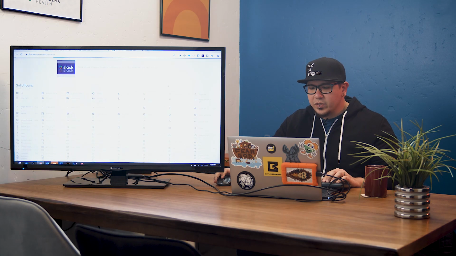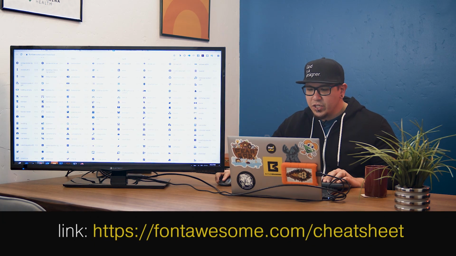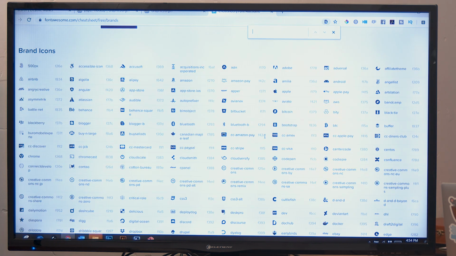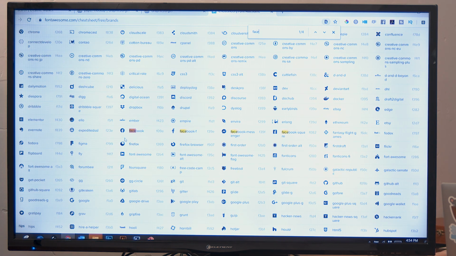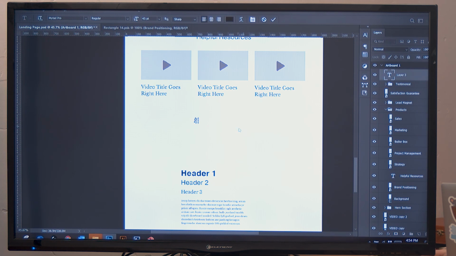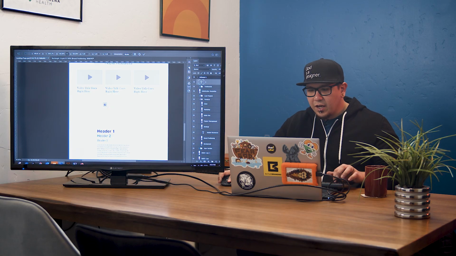One of the things that I like to do, kind of a cheat, is I go to fontawesome.com/cheatsheet. You can download their fonts, and Font Awesome integrates a lot with WordPress, which is what we use to develop sites. And so when I go here, I could go to like brands, for example, search for a Facebook icon, right? And I like this one. I just copy the icon and put it right here. And I just paste it in here, and then I select the Font Awesome font, and then voila,